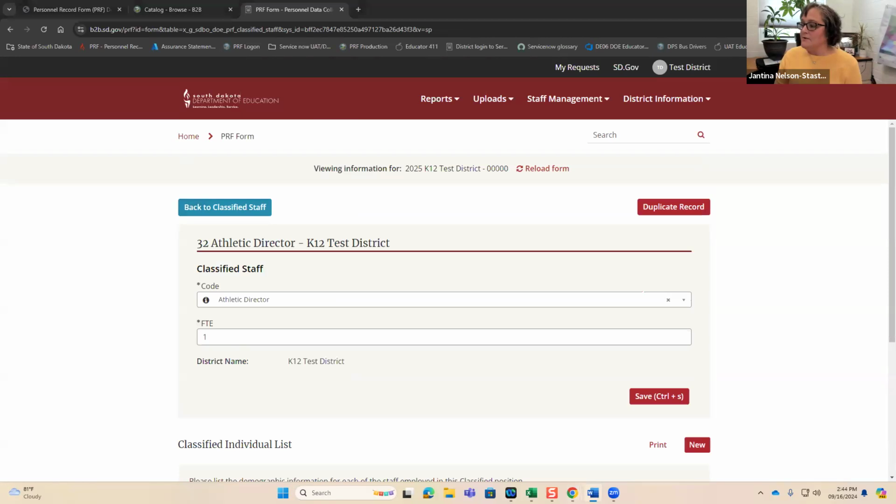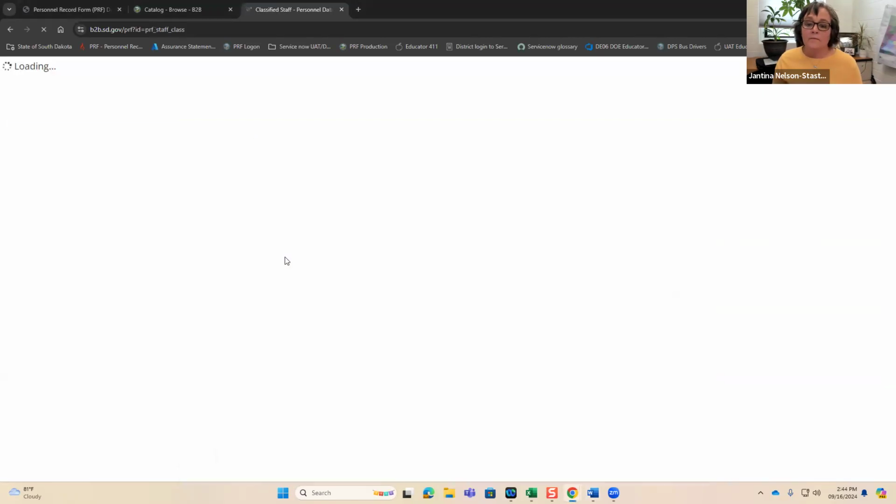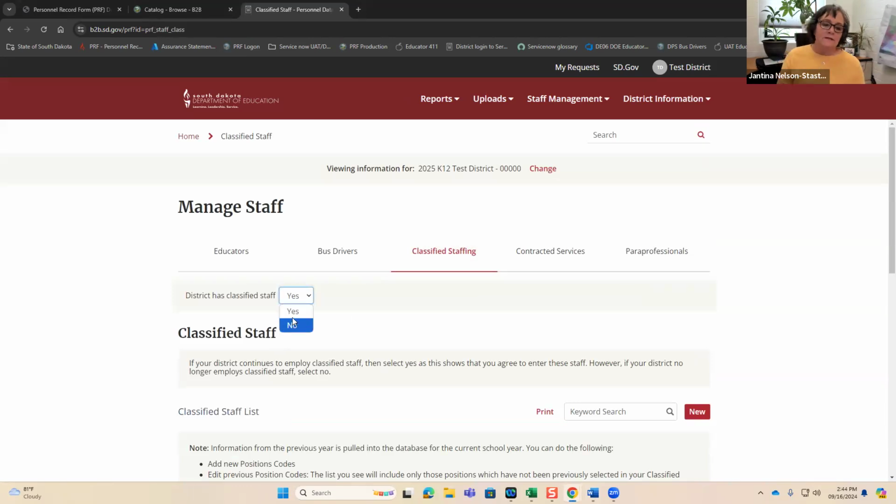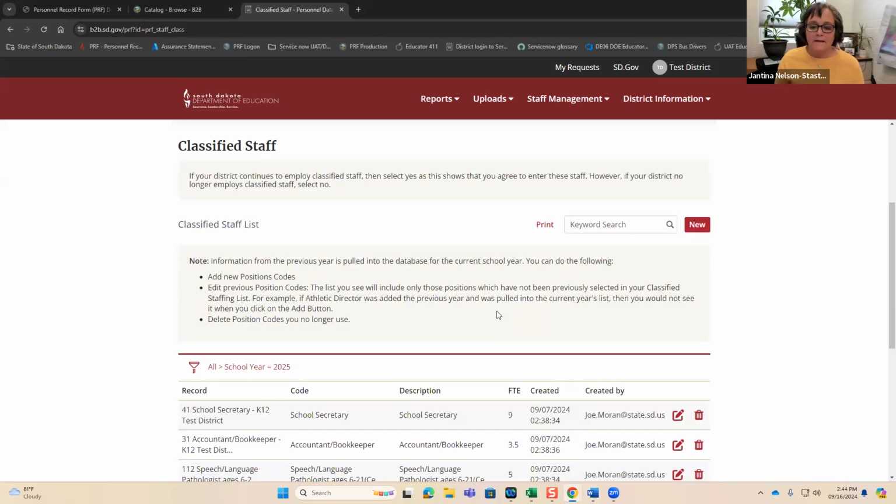So as there are changes in the hours for the classified, you just need to increase the FTE and report that information under classified. You do need to say, yes, you have classified staff.